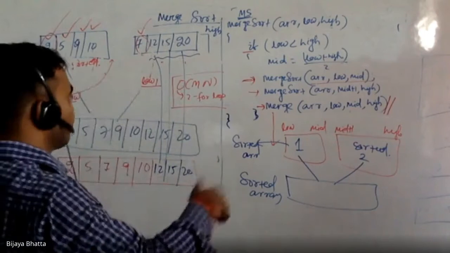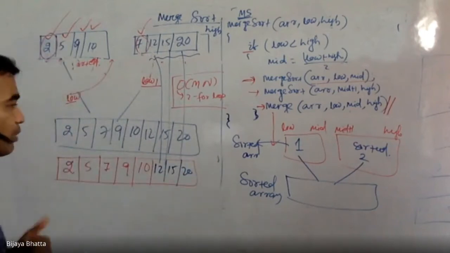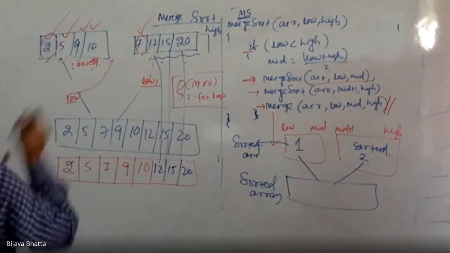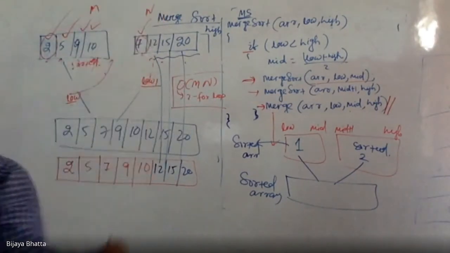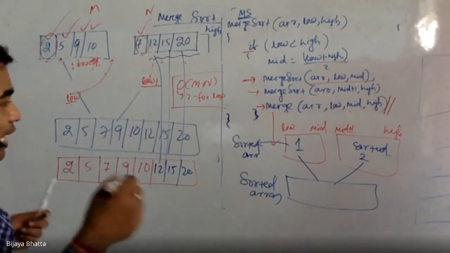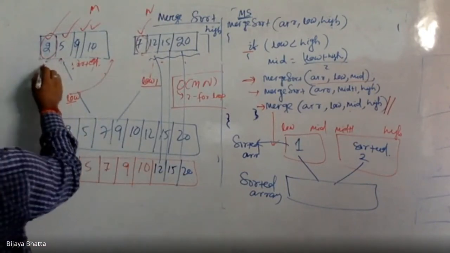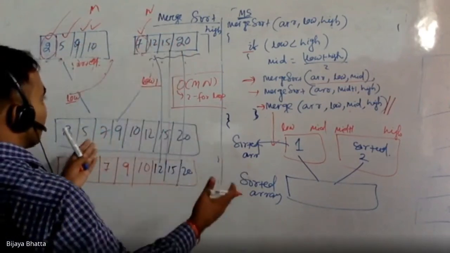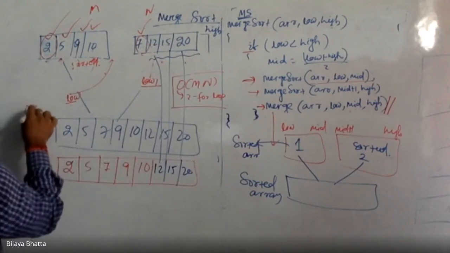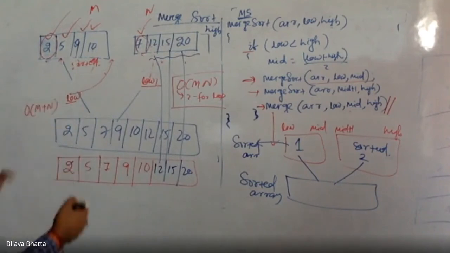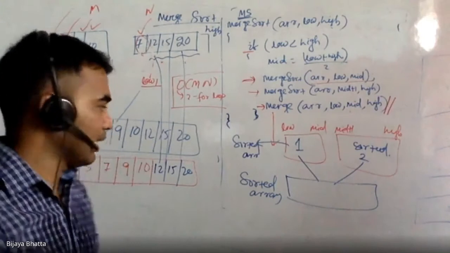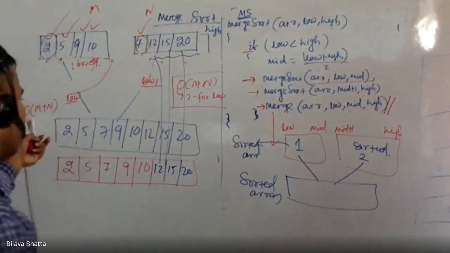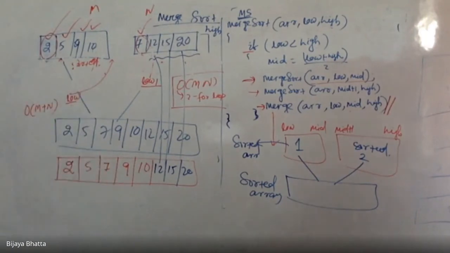We'll write this down, but I will just tell the time complexity. Earlier we were thinking it is going to be order of mn if the size of this is m and this is n, right? But this time it is going to be order of m plus n because we are just traversing this element and this element. Whoever is the maximum, that much of elements we are traversing. I'll do one more analysis whenever we write down the complete program or algorithm. But the time complexity is going to be drastically reduced by using this technique.